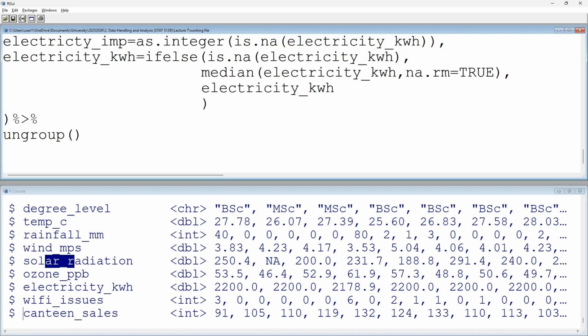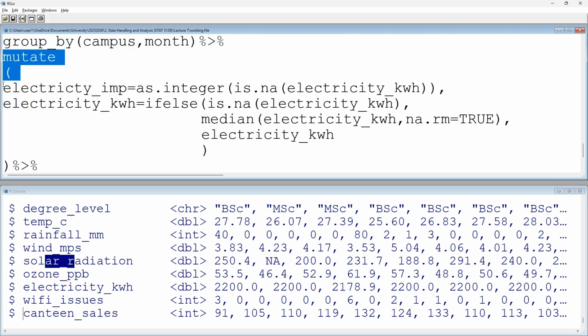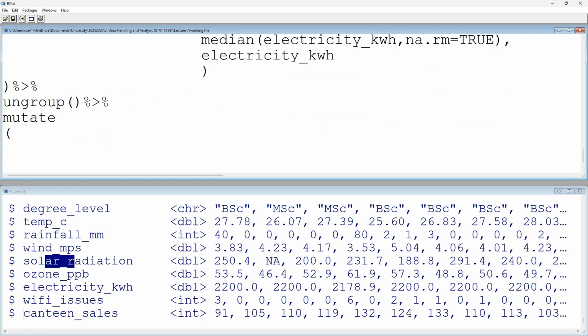That is, I bring the data back to its original state by removing the grouping, and then now I can repeat the step of mutate as you are seeing here. I can continue with that step of mutate. And mutate is about what? Your mutate, you will create the same thing, ozone impute and ozone ppb. So you have ozone ppb, and then you have ozone